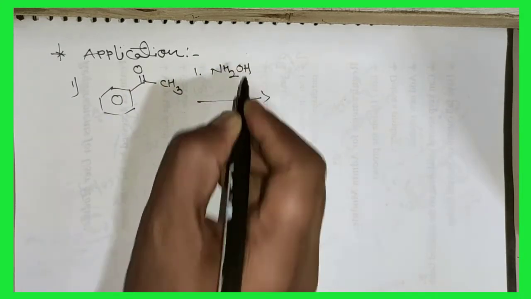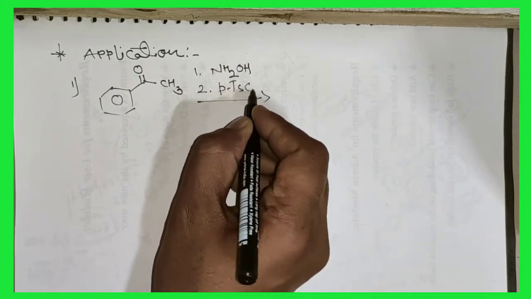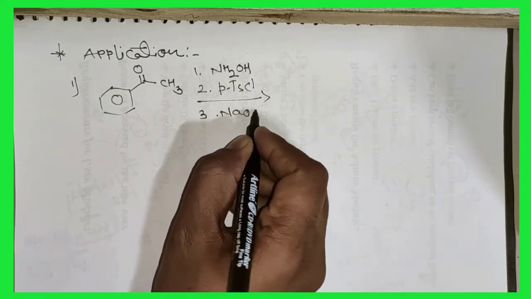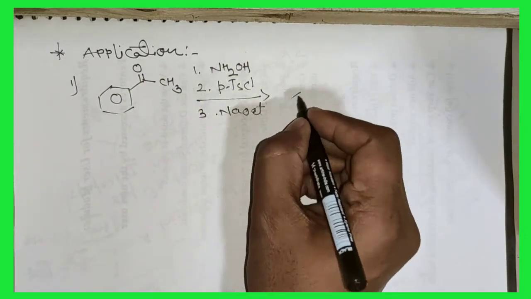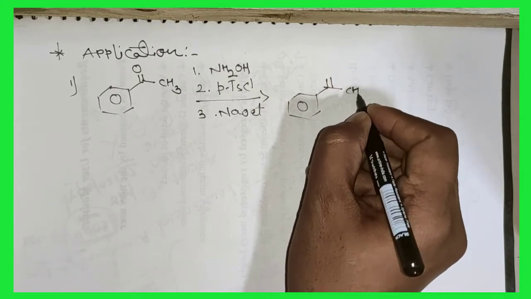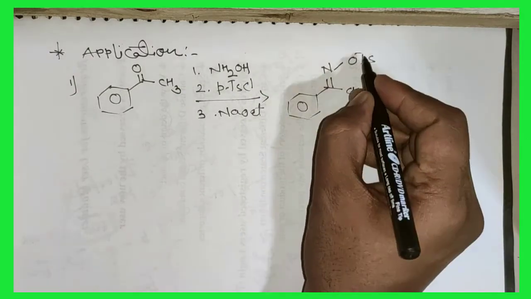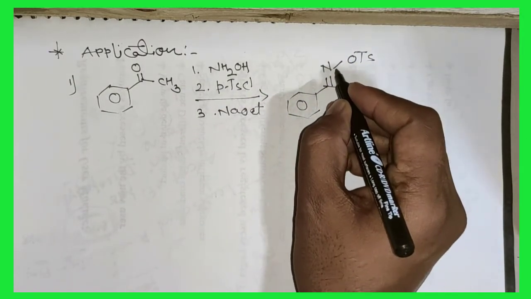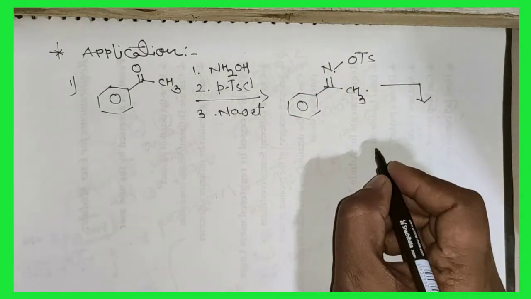So first the oxime is formed, C=N-OH. Second, it reacts with para-toluenesulfonyl chloride, so the OTs group is generated, and third it reacts with the base. Clear? So in these two steps, this intermediate is formed by applying step 1 and step 2. It gives this type of molecule with OTs. Now the role of base is to abstract the proton. So here the negatively charged carbon attacks this nitrogen, OTs leaves, and then the final product is